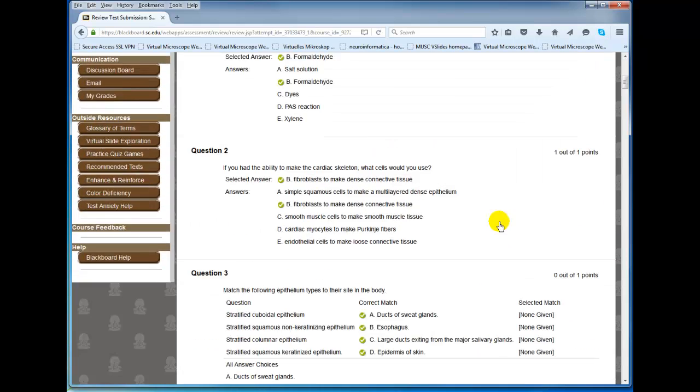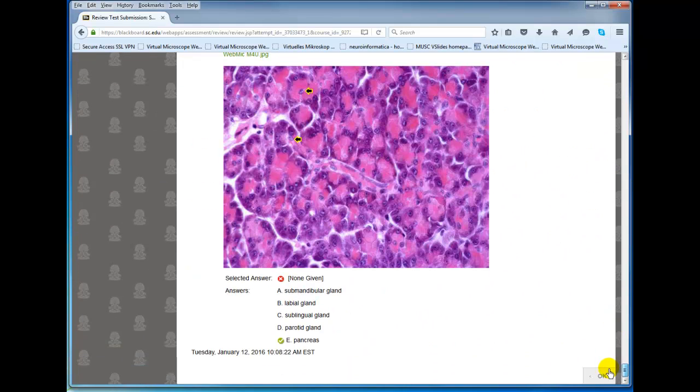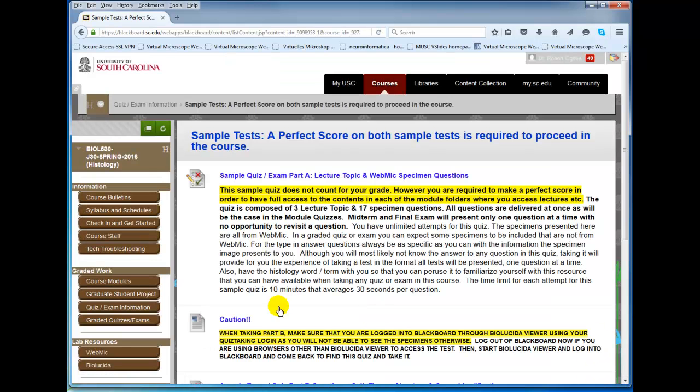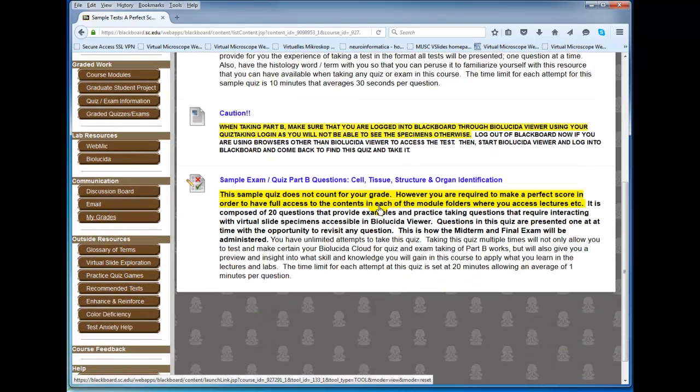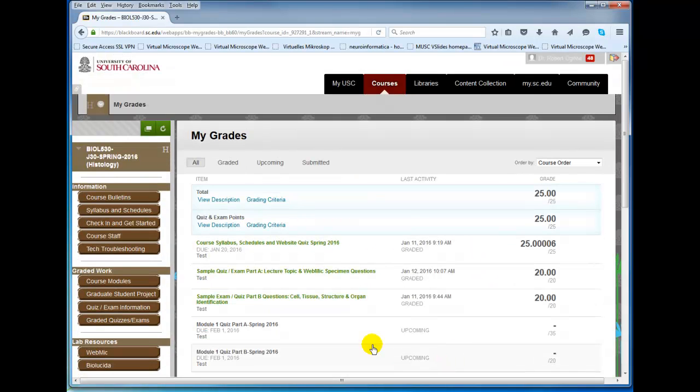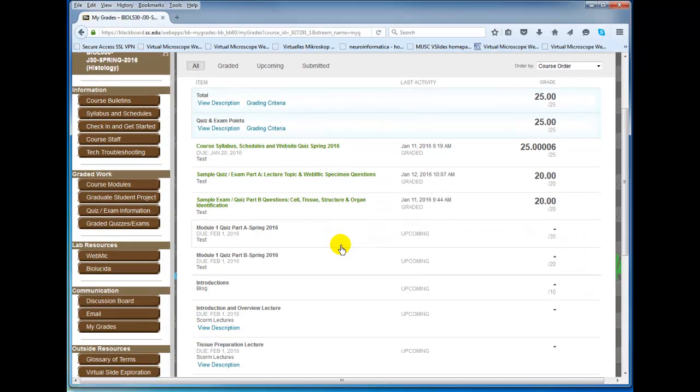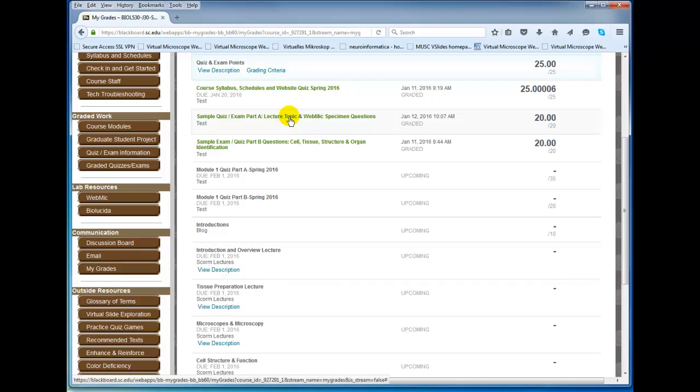Okay, so now I'm going to just either jump out of this directly, or I can click OK down here, and then once I do that, I'm going to go to my grades. And again, I'm logged in as my student account, so I'll see more or less what you see. And so when I go into my grades, I can see what I've done, a total, etc. So here is Part A and Part B sample quiz. Now these are not recorded for your grade, but again, you have to get a perfect score along with the syllabus quiz submitted